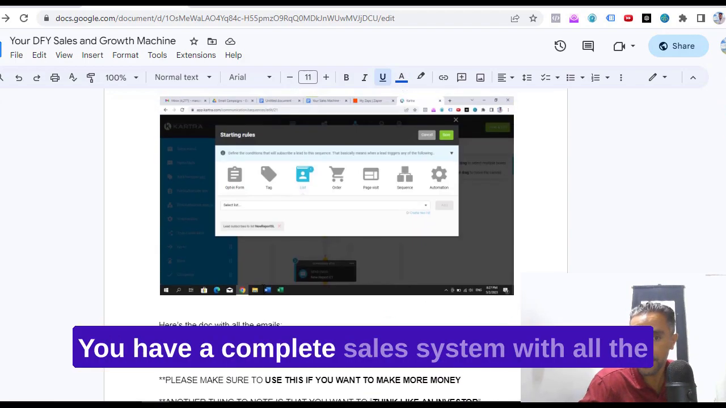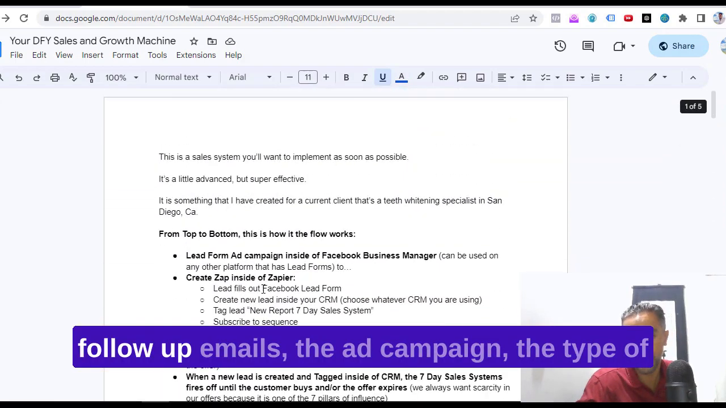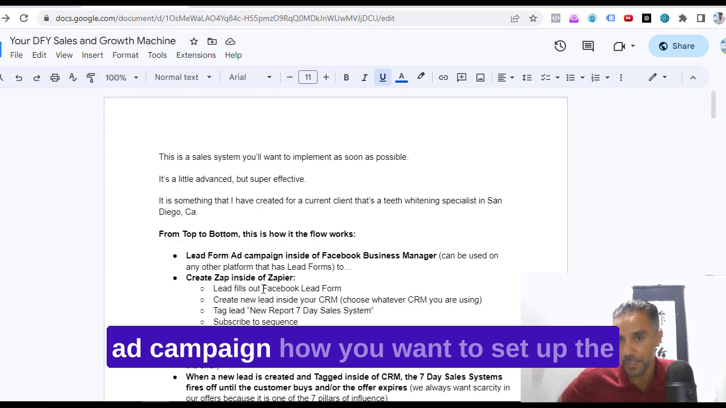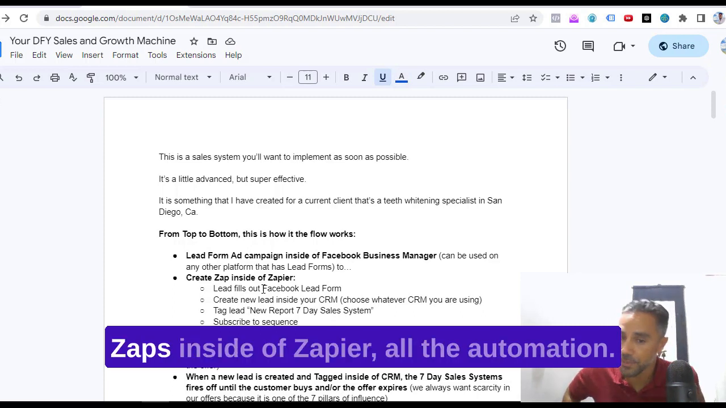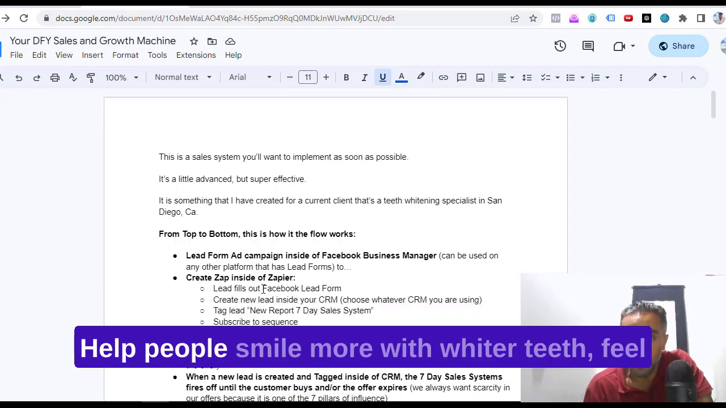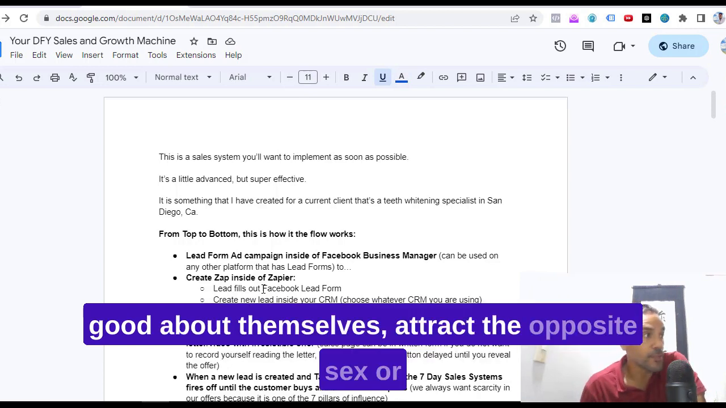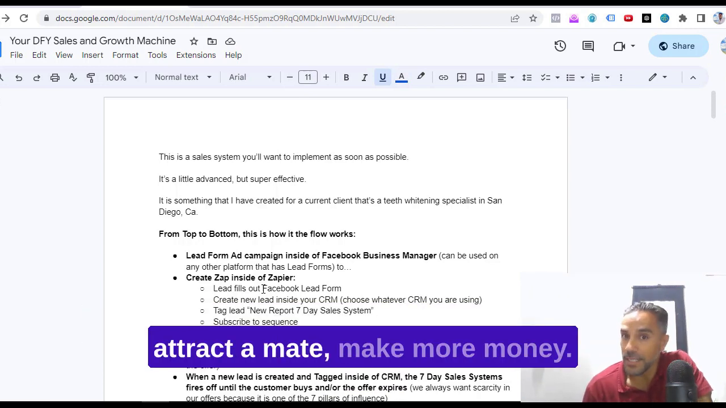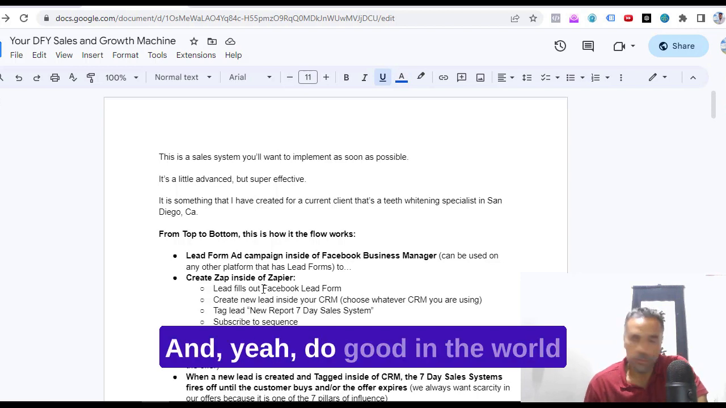You have a complete sales system with all the follow-up emails, the ad campaign, the type of ad campaign, how you want to set up the zaps inside of Zapier, all the automation, and make sure to use it to build your business, help people smile more with whiter teeth, feel good about themselves, attract their opposite sex or attract a mate, make more money, and do good in the world, and